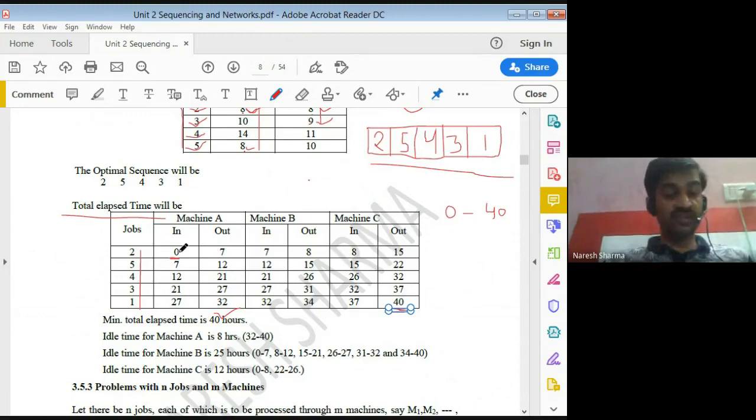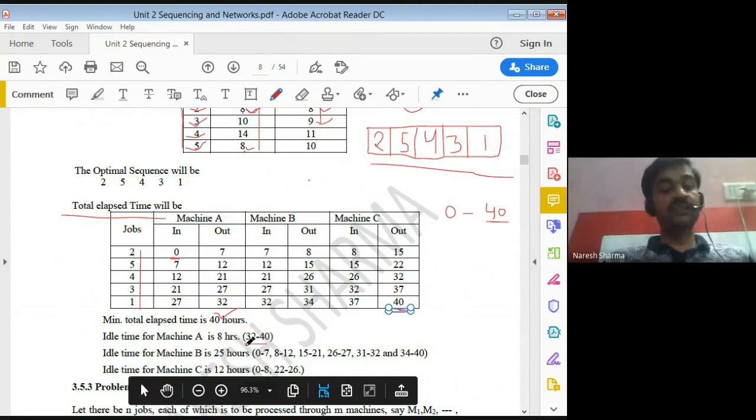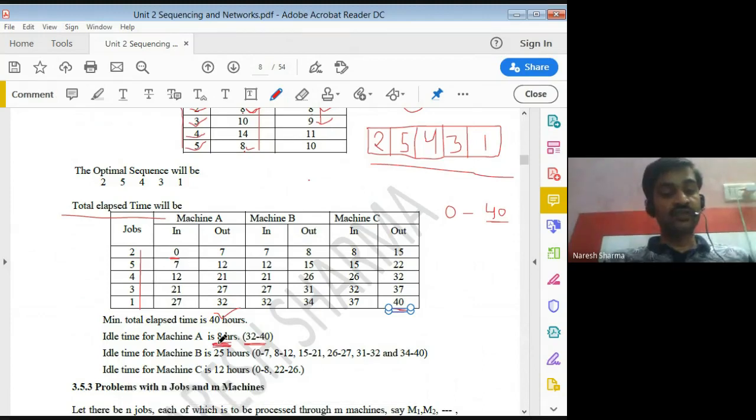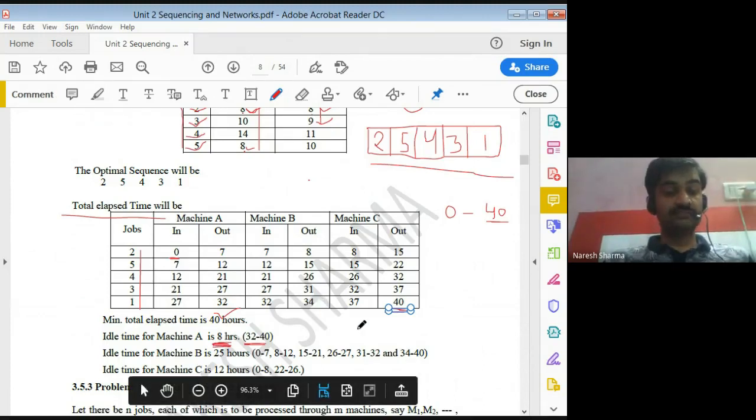For machine A, 0 to 7 it is busy, then 7 to 12, 12 to 21, 21 to 27, 27 to 32, all the time it is busy, but after 32 it is free. So from 32 to 40 this machine is free. That means the difference between 40 and 32, which is 8 hours, this machine is idle, at rest, or not working.